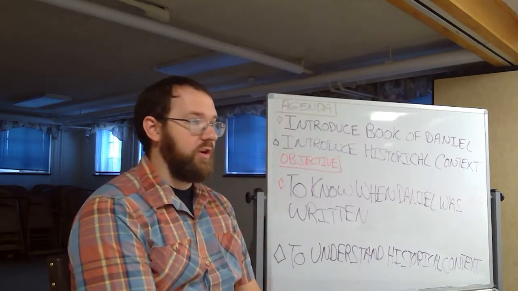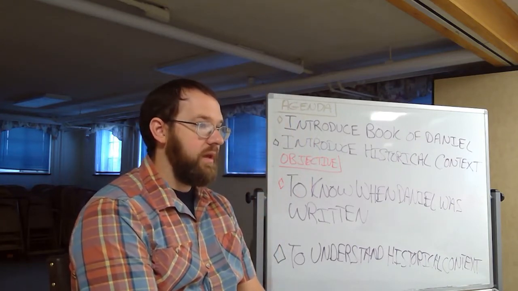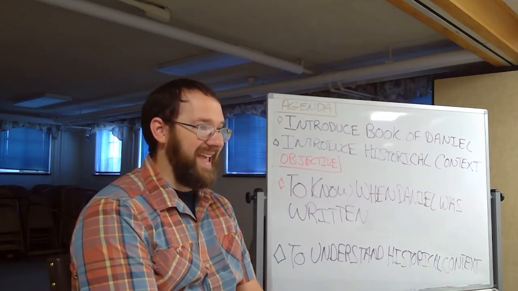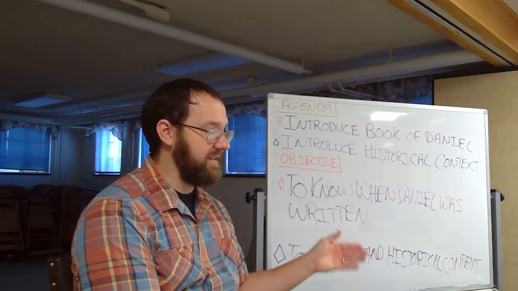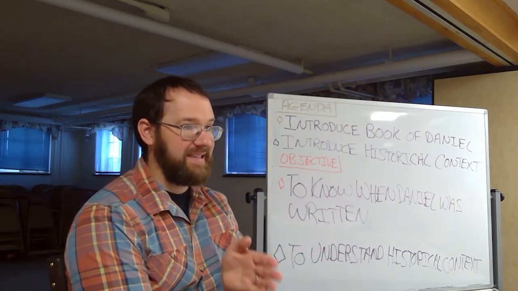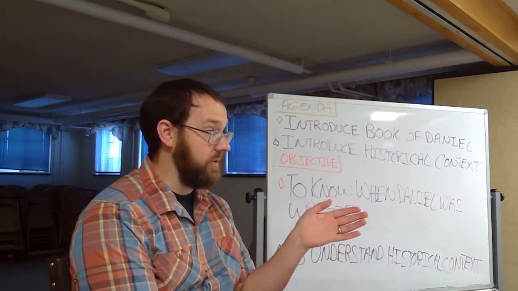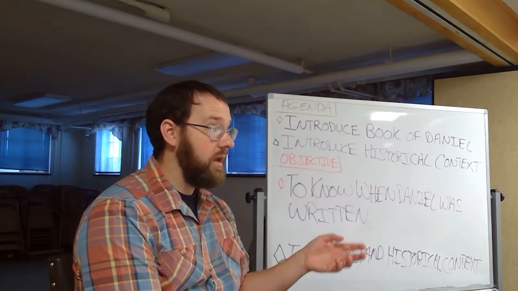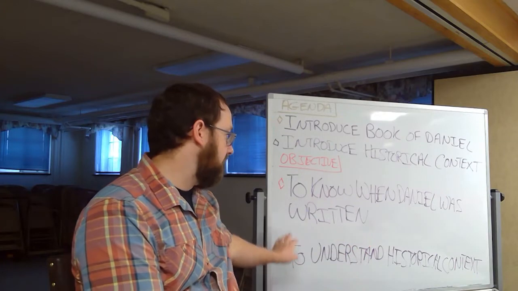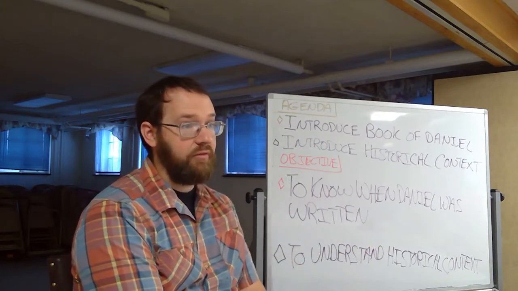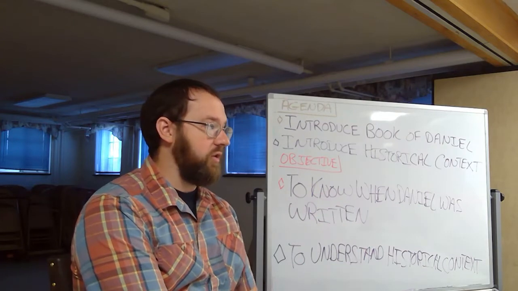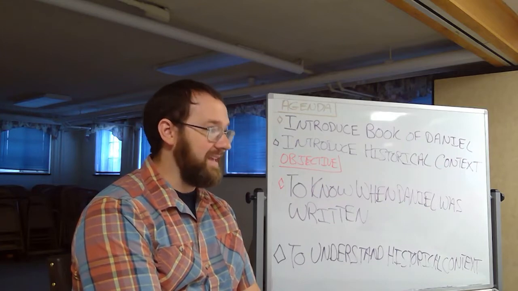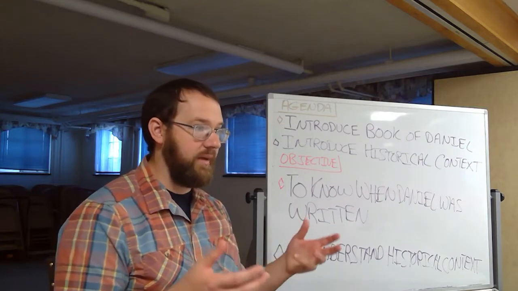Now here's the thing that's interesting, going back to what we were originally talking about with the language. According to Joyce Baldwin in her commentary, the Aramaic can fit any time period between the 6th century and the 2nd century. Any time period. Which means the Aramaic can be an early date. There's a second thing that would suggest that the book was written early on, by about 500 BC: there are no Greek loan words in the book.